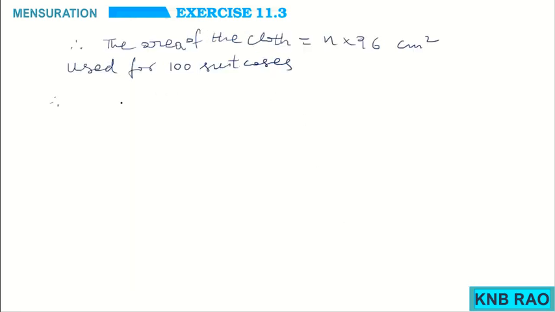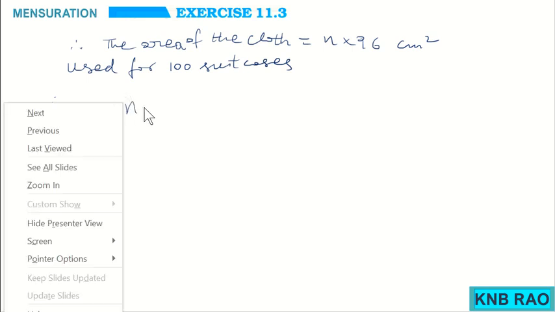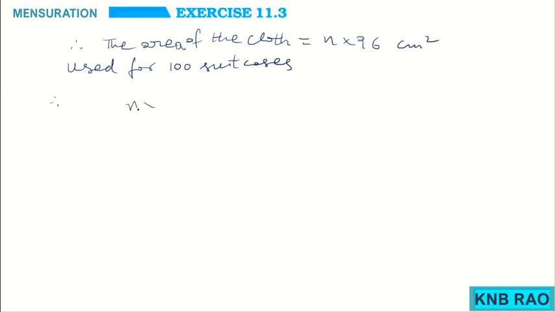So n into 96 should be equated to 13,82,400, and now n is equal to